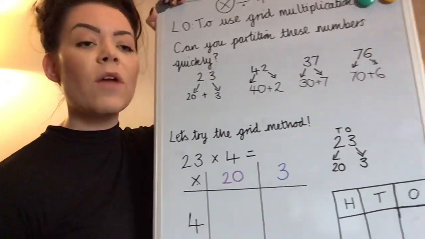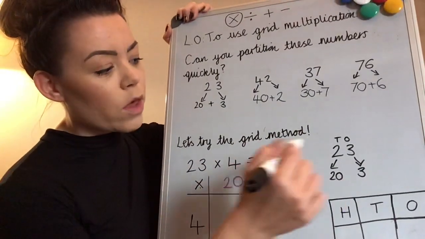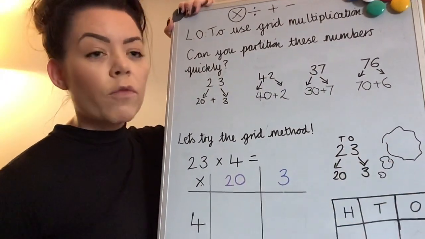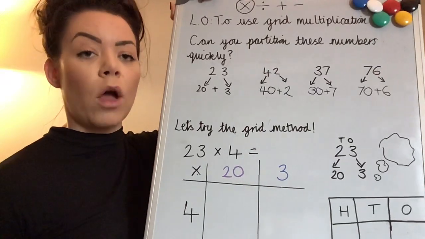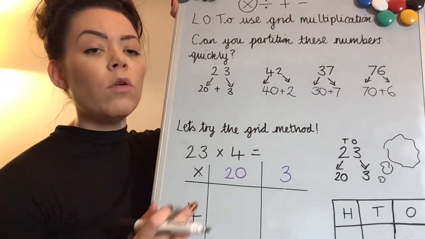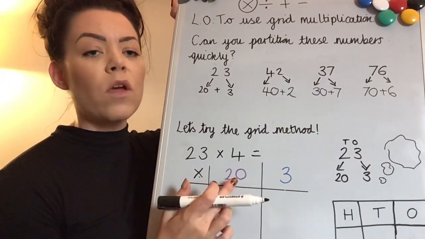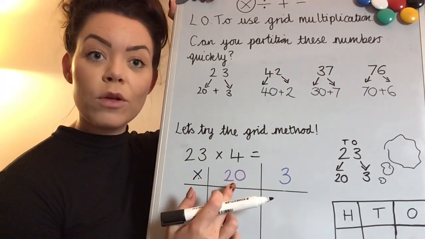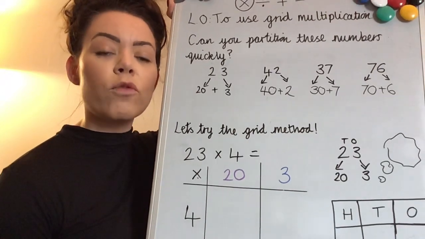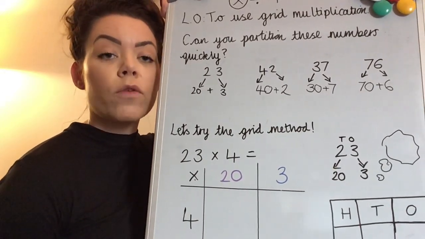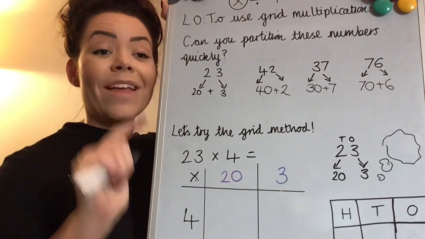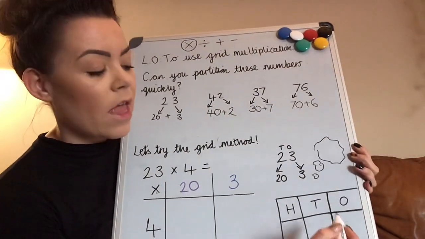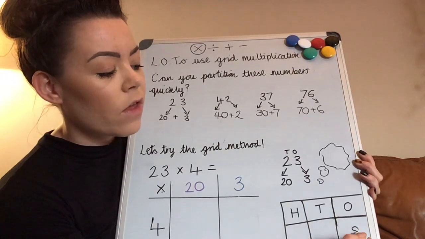Now this is where it comes in useful, where you think: do you remember I drew my thinking bubbles of the multiplication you do know that can help you? So I don't know 4 lots of 20 or 20 lots of 4, but I do know 4 lots of 2. So let's count in our 4s. 2 lots of 4 or 4 lots of 2. 4, 8. It's 8. So in my hundreds, tens and ones grid over here, I'd do the 8 in the